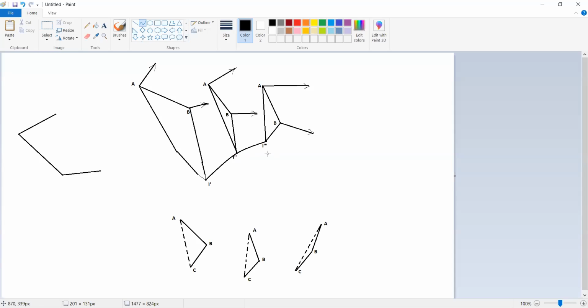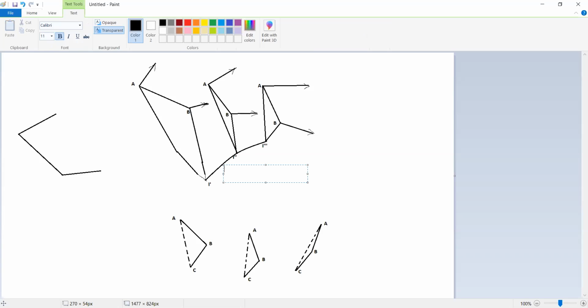I will just get a curve, and these curves are known as the space centroid. Those are known as the space centroid. So you can see those are the space centroid. I'll just write it over here. Those are space centroid. Okay, so now, got it.